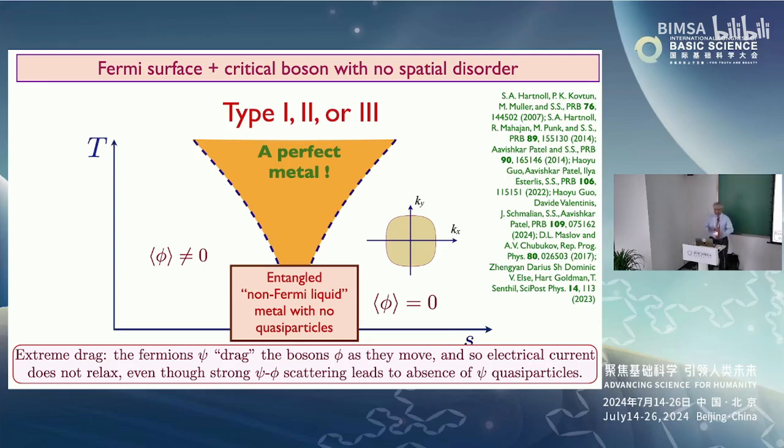All right, so these were conclusions that were becoming very clear to us a few years ago. And so we started to think about, well, how are you going to resolve all this? Seems like the most natural model for a strange metal doesn't work at all. Well, the key is that you have to find a way to relax the momentum of this model, which has perfect translational symmetry. Now, you say you have a lattice, and the lattice means its translational symmetry is broken, but it's broken in a way that